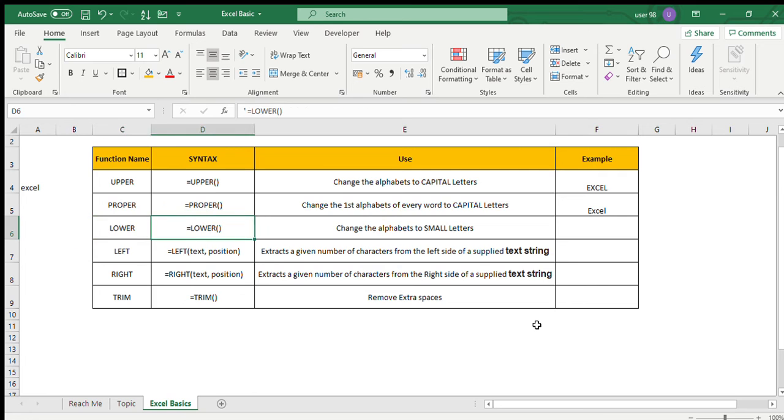For example, like this you can see I have taken F4, that is Excel, which is written in capital letters. Then left: extract a given number of characters from the left side of a supplied text string, which means